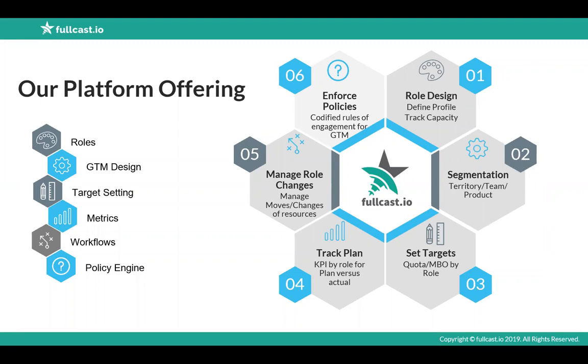At the beginning, what you're doing in the Fullcast platform is defining all the roles that you have, right? Because going back to a theme that as the company evolves, its go-to-market will evolve. Then what's happening is you are introducing roles, and you're introducing or retiring some roles. And you're introducing the concept of ramped profiles, right? My net ramped capacity. So it's a different notion than saying I have 10 reps, but all 10 may not be ramped because they came in at different times. Someone could have joined just 2 months ago and they're still in the ramping phase. So your net capacity is not 10 reps. Your net capacity could be 8.5.